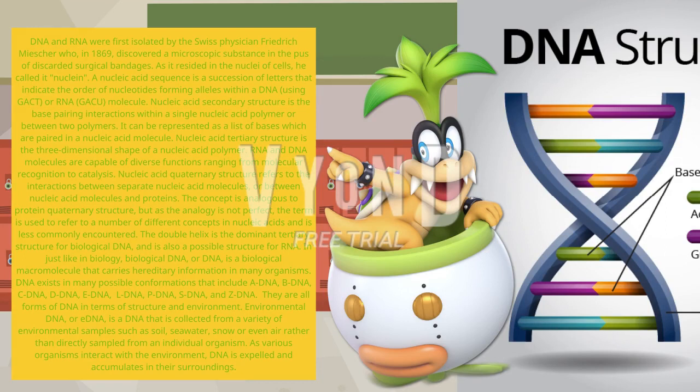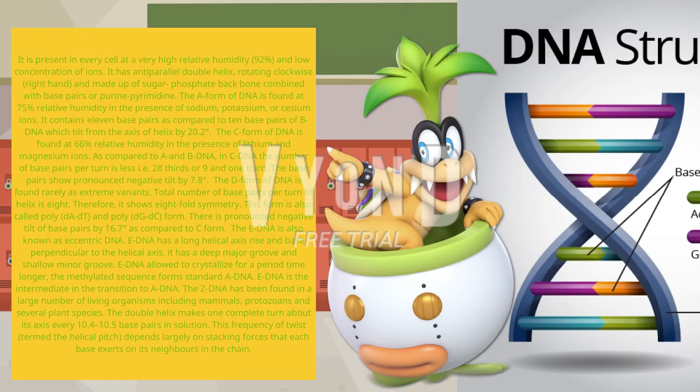As various organisms interact with the environment, DNA is expelled and accumulates in their surroundings. B-DNA is present in every cell at a very high relative humidity, 92%, and low concentration of ions. It has an anti-parallel double helix, rotating clockwise, right hand, and made up of sugar phosphate backbone combined with base pairs